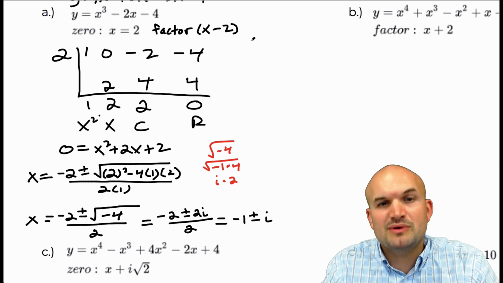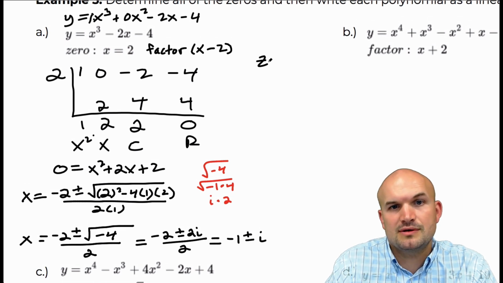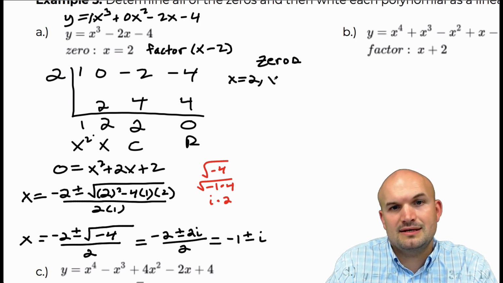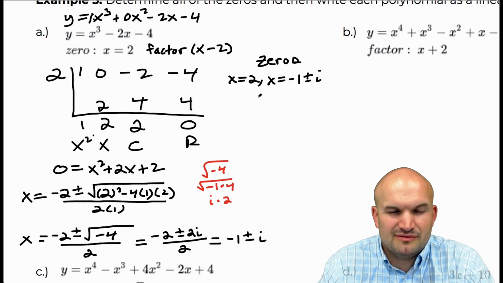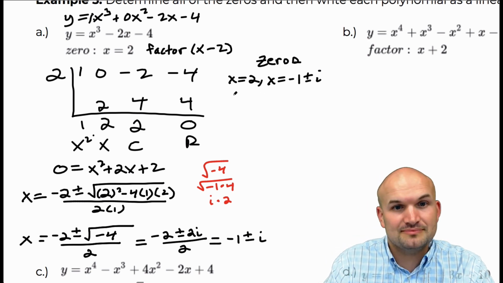If I wanted to write my zeros here, I'll just put it over here. So my zeros are going to be x equals 2 and x equals -1 plus or minus i. And I could write that in set notation, but in this case, I'm just going to write it like this. If I want to write this as a linear factorization,